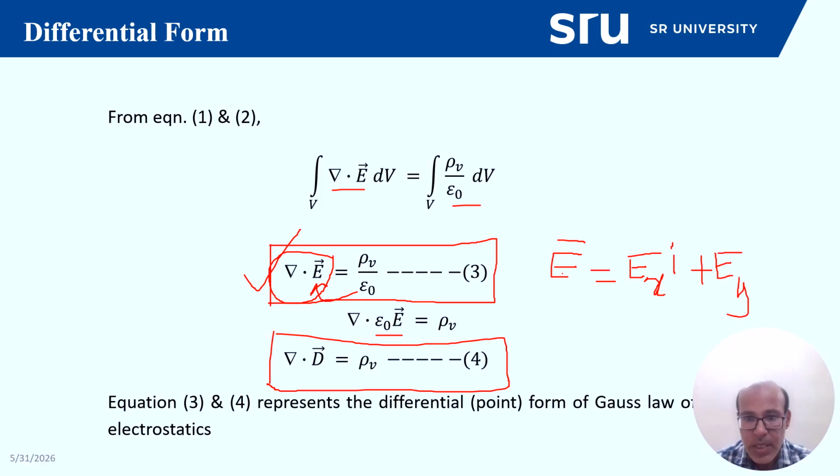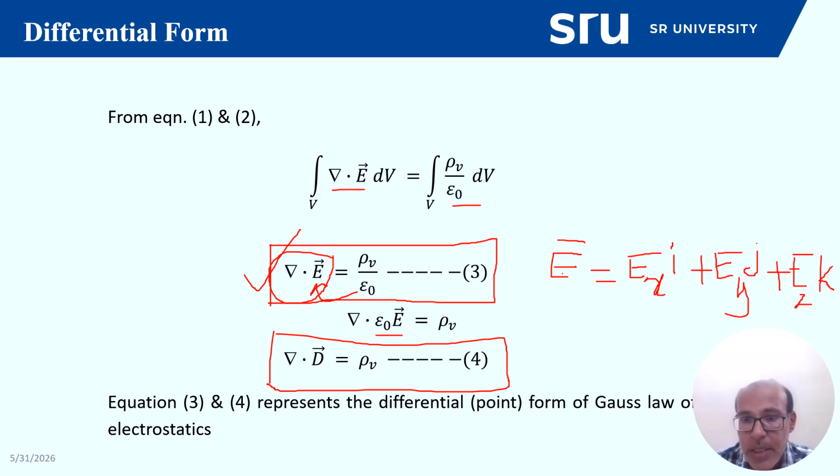Then Ey of j, and then it becomes Ez of k. So when we take a del, when it is operated upon the electric field, it becomes